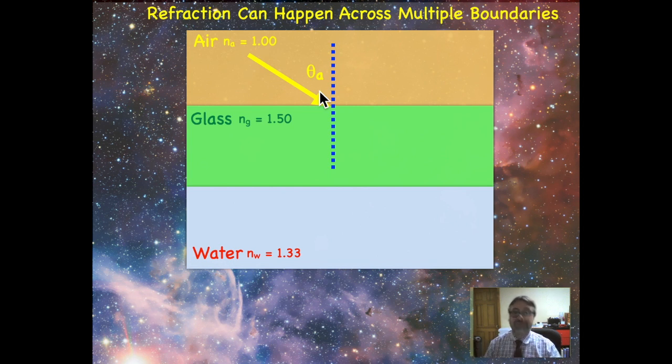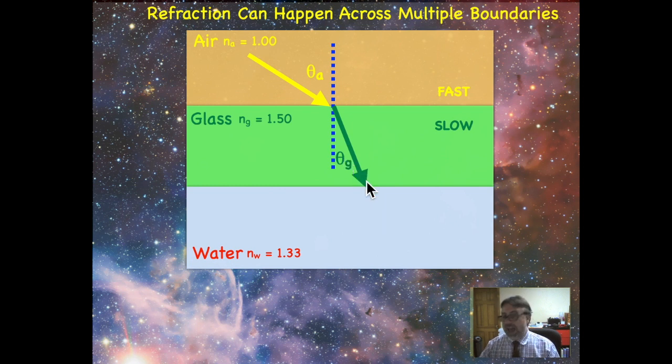is in the air. Well, it's going from air, which has an index of 1, to glass with an index of 1.5. That means I'm going from a fast material into a slow material. That means this light ray should bend inwards towards the normal line. And I can measure this angle in the glass. Again, this is the refractive angle, but I'm going to call it theta G so I can keep track that